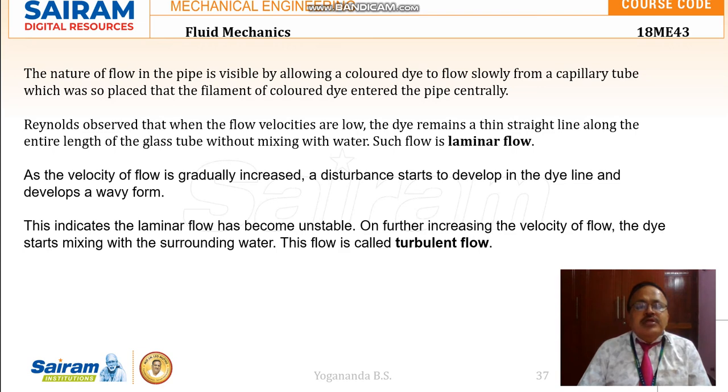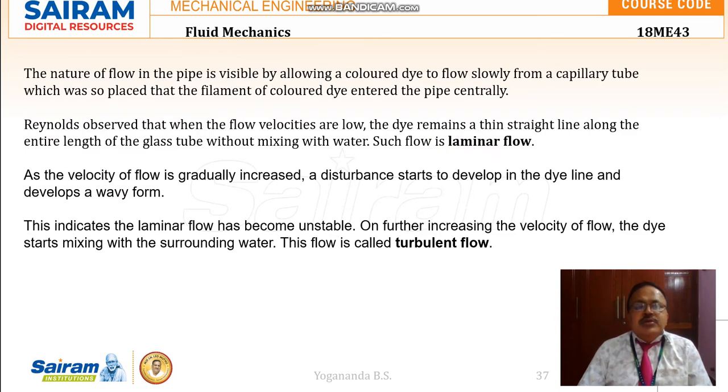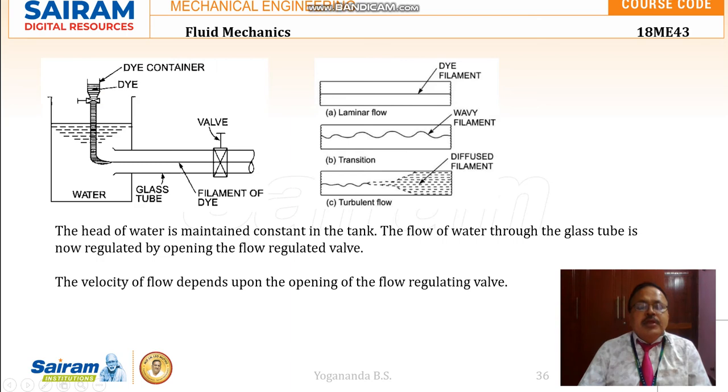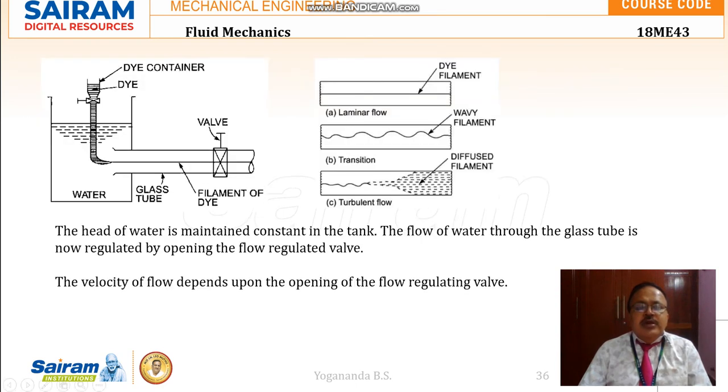How the flow is happening in the pipe will be observed by allowing a colored dye to flow slowly from the capillary tube, which is placed such that the filament of the colored dye will enter the pipe centrally. The colored dye is entering this glass tube at the center, that is, at the neutral axis of the glass tube. Reynolds observed that when the flow velocities are very low, controlled by this valve,